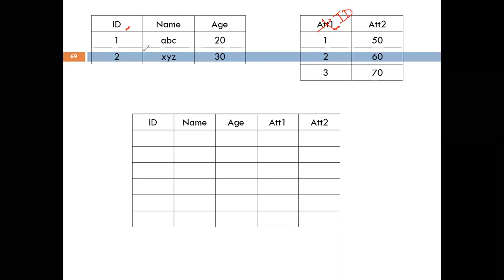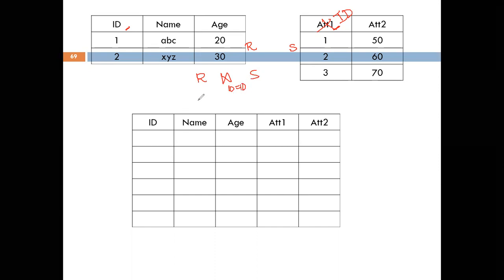Which means now the attribute on which we want to join these two tables, R and S, has the same attribute name present in both. Now instead of writing the join operation like this, ID equal to ID followed by S,